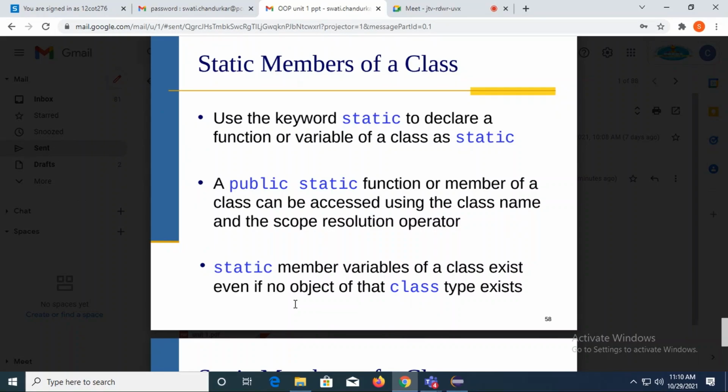We say that static int a is a variable of integer type and it is static. You know the definition that whatever value you assign to the static, it cannot be changed. Once it is updated, of course, that value will be reflected throughout your code.